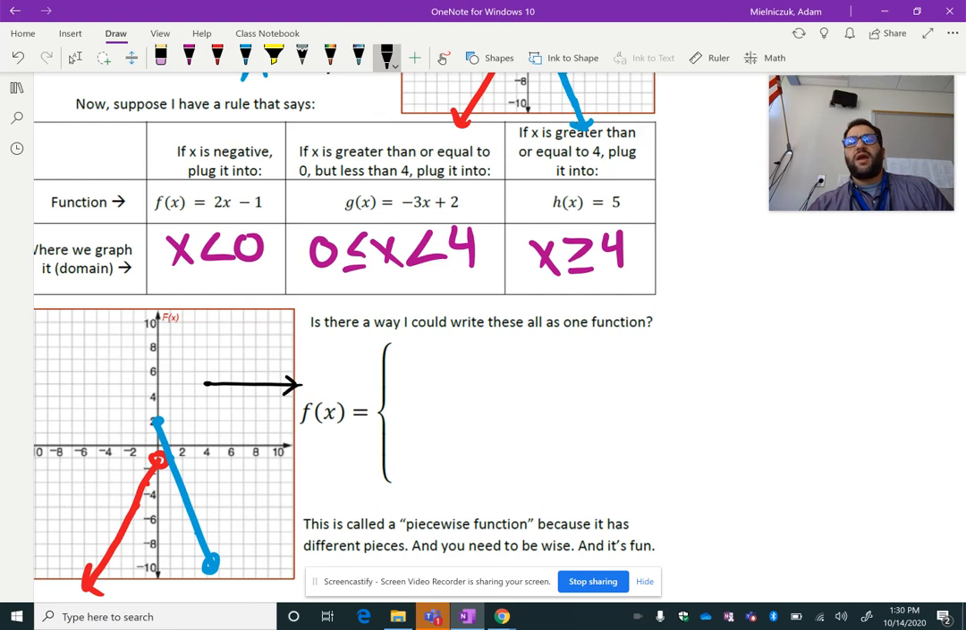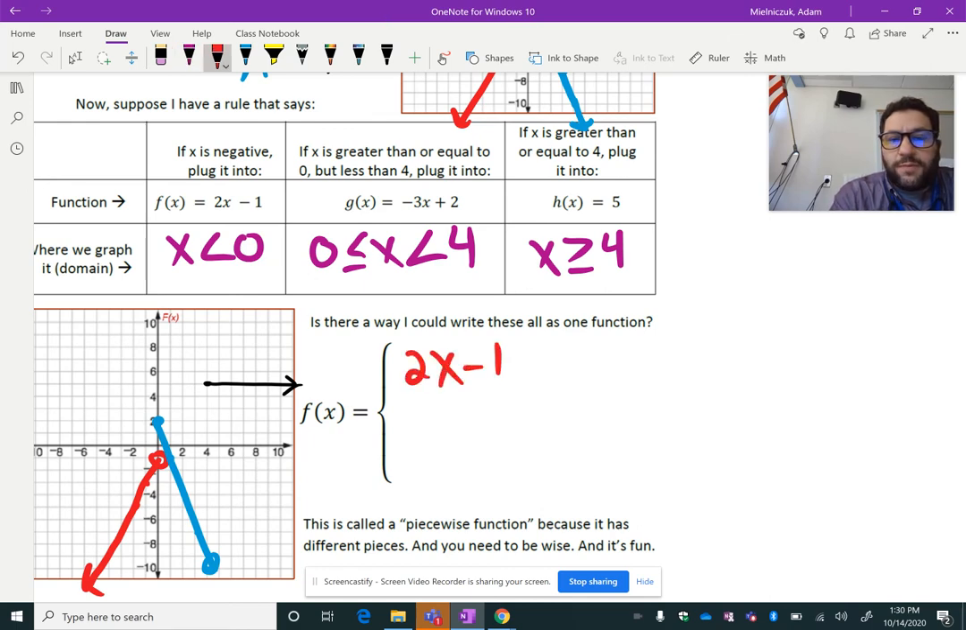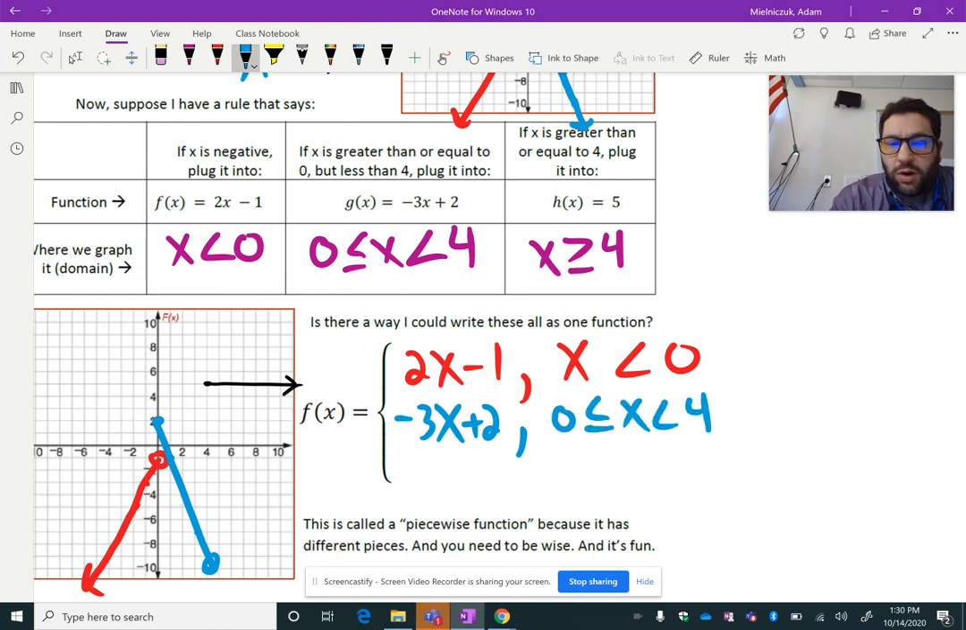So is there a way I could write these all as one function? Well, there is. We can say that f of x equals 2x minus 1, when x is less than 0. We're going to use -3x plus 2 if 0 is less than or equal to x, which is less than 4. And we are going to use 5 if x is greater than or equal to 4. This is called a piecewise